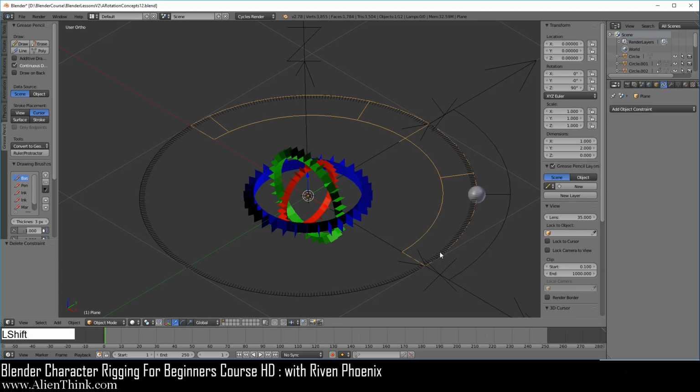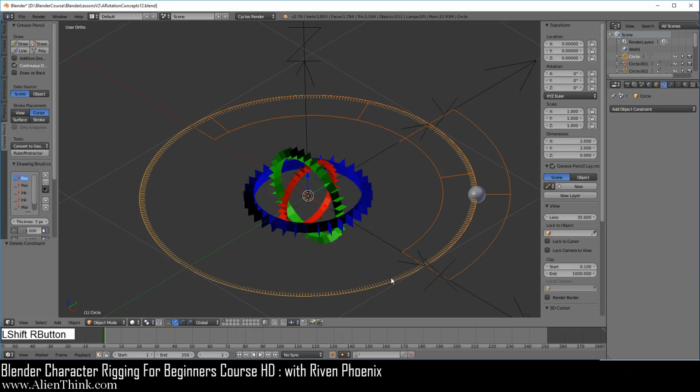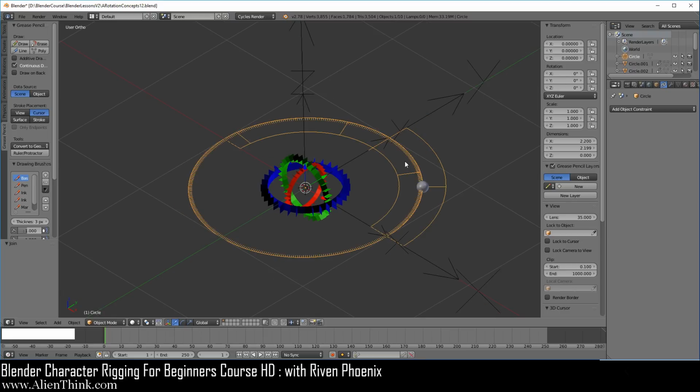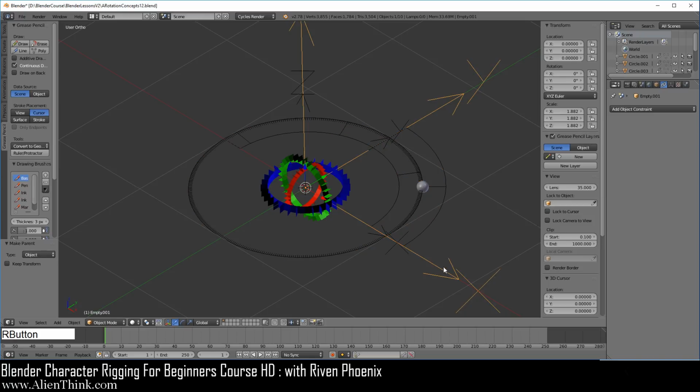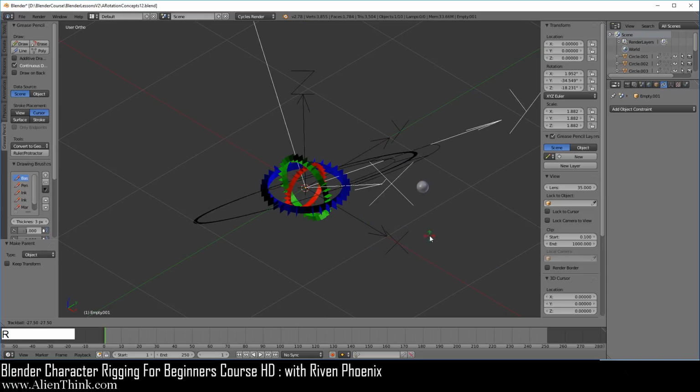Click on this, press the shift key down, click on this one and this one. And here we're going to do Control J. This will just make it one object. Now, of course, with this object selected, you're going to press the shift key down and click on this larger axis and do Control P. This is because now we can click on this and press the R key 2 times and set this up